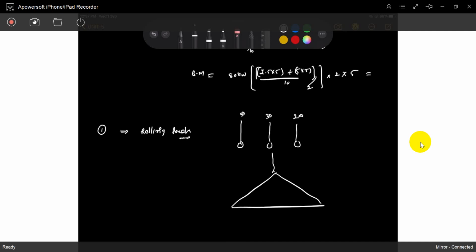If the loading is like this, 30, 50, 200, and you put 30 here and 200 here, is it possible? Is it good? No chance at all. So compulsorily we have to locate the maximum bending moment. The chances are there not only exactly at the center but near the center, and it is also affected by the concentration of the loads. So how can we arrange the loads to get the absolute maximum bending moment? That is the question.